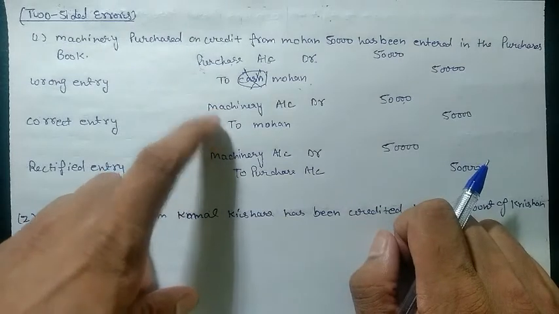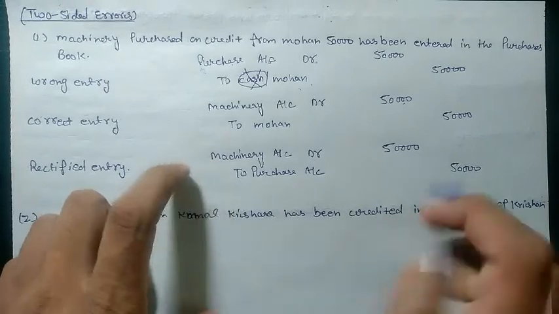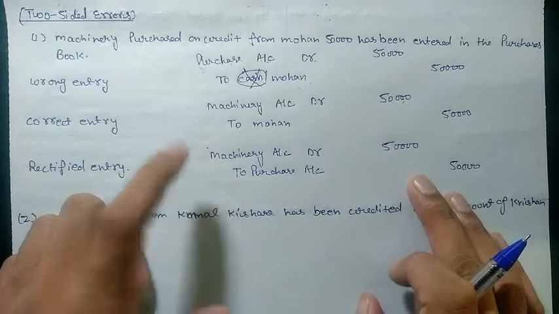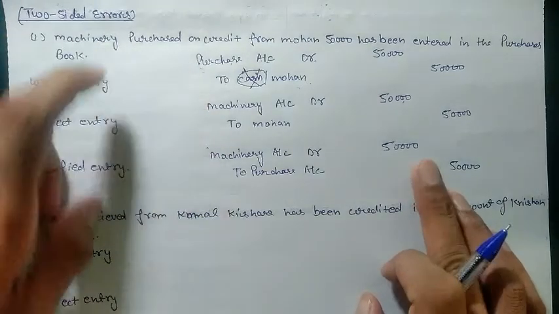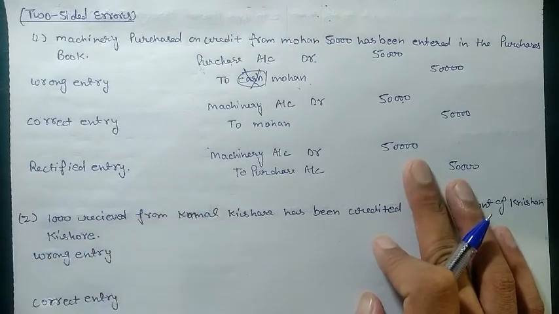And for rectifying our wrong entry, we made another rectified entry. This is the entry we need to post, but we need to post it directly. We do not have to post the first wrong or first correct entry and then make the rectified one. We directly need to post the rectified entry. This is only to let you know how to correct the entry.